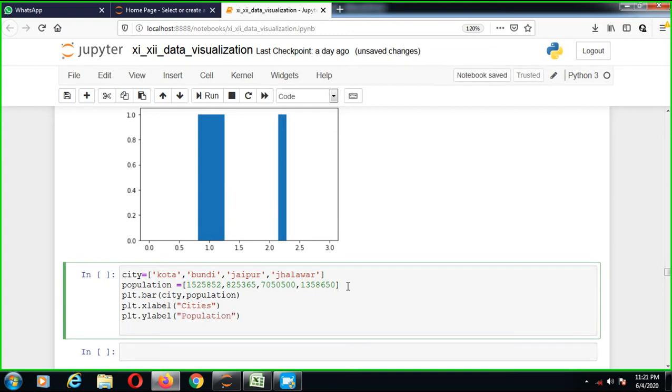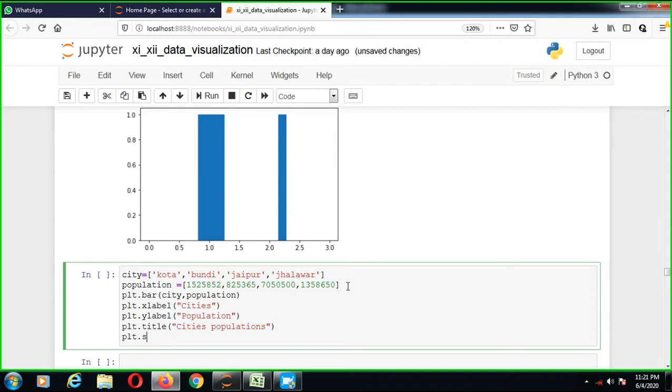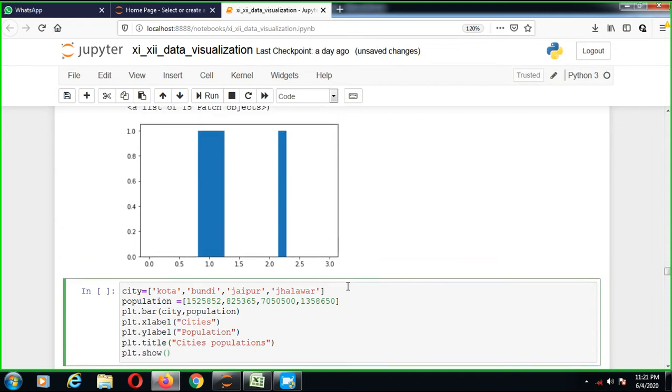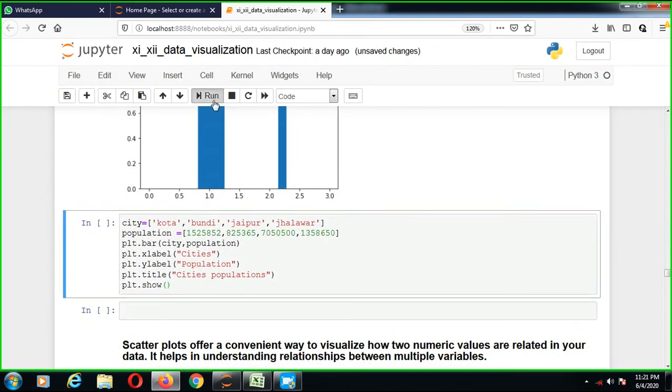Okay, now one more thing, plt.title, show the city populations, and plt.show. Okay, now let's see the output.